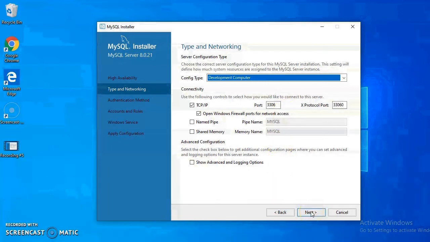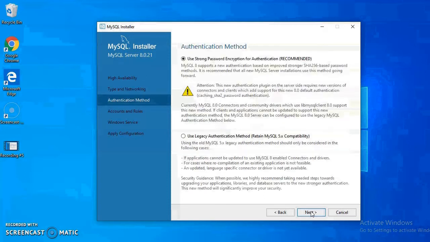Click next. So we have kept all the default settings.